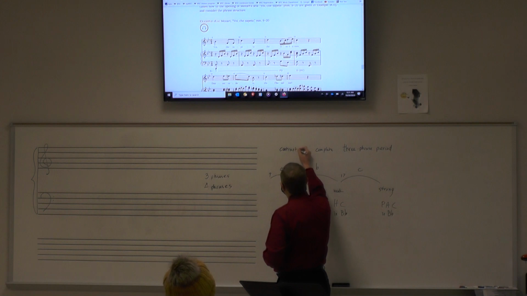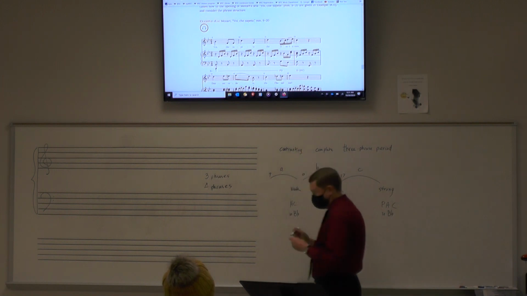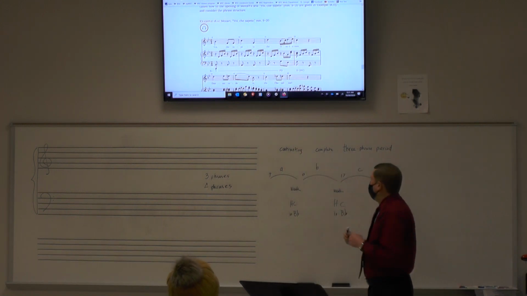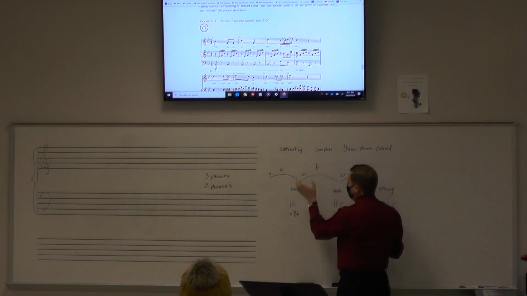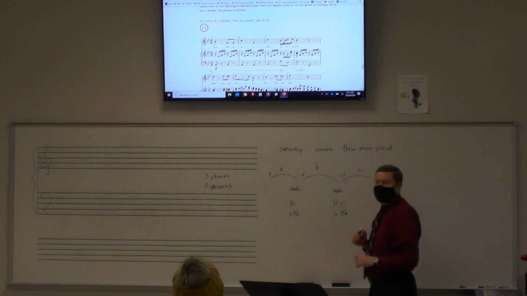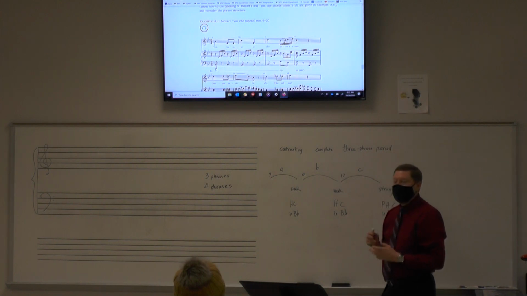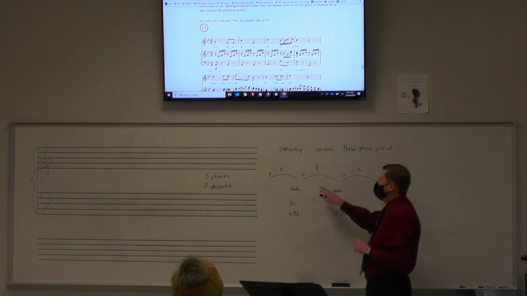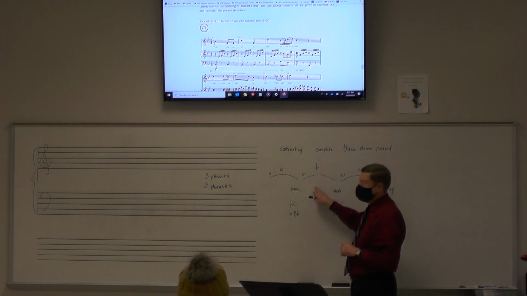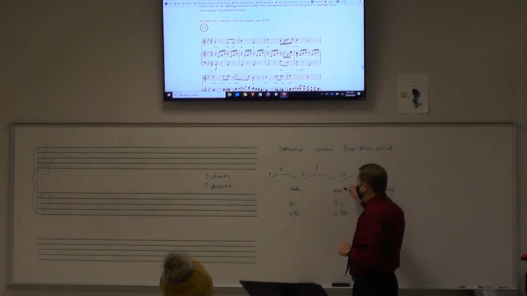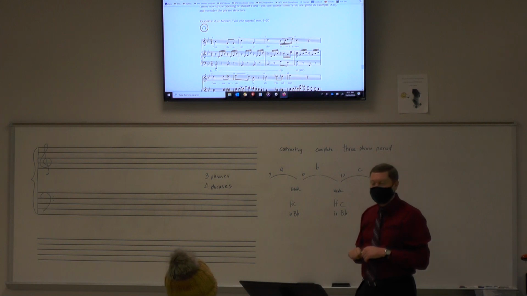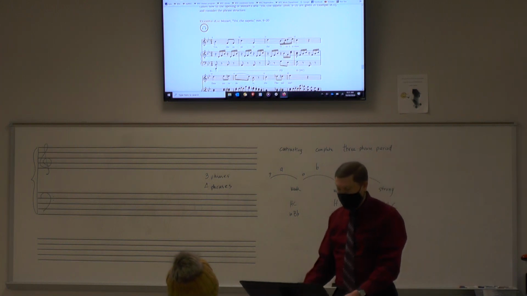There are examples of 3-phrase periods where, since things don't necessarily work in pairs, it's hard to label it sometimes as parallel or contrasting. And that's okay, especially for 3-phrase periods, because they're rare. But this one I think is clear that you can label it contrasting. Most 3-phrase periods do have contrasting phrases. And you can certainly label the harmonic content still as complete or progressive.